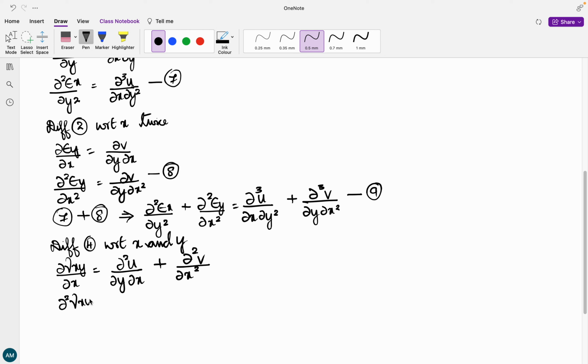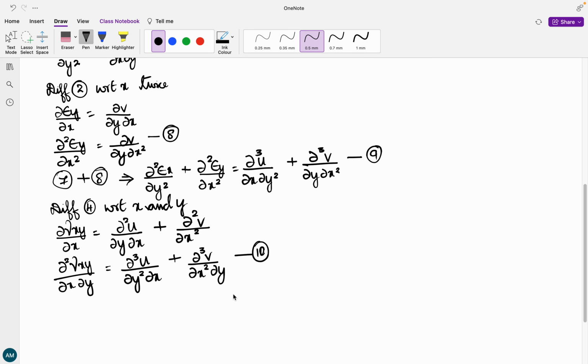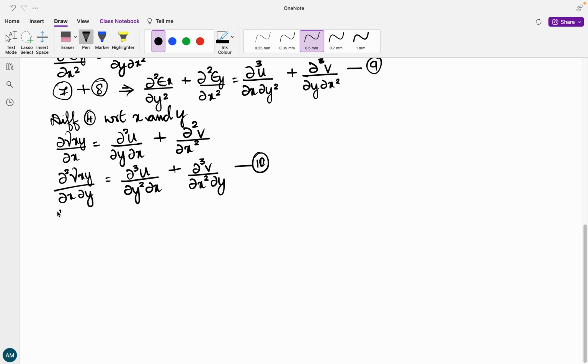∂²γxy by ∂x∂y is equal to ∂³u divided by ∂y²∂x plus ∂³v divided by ∂x²∂y. Call this as equation 10. Okay. Now comparing